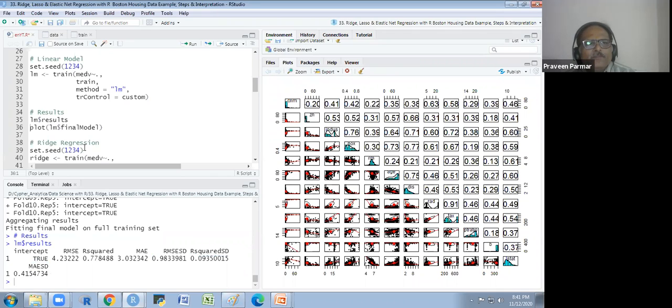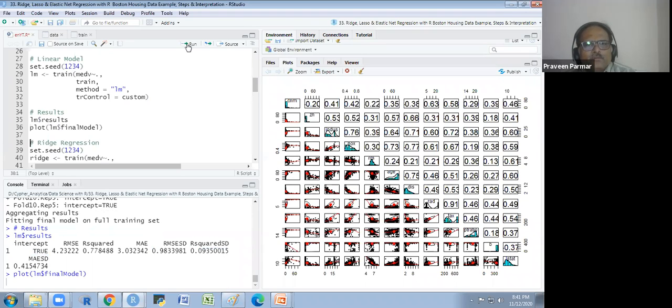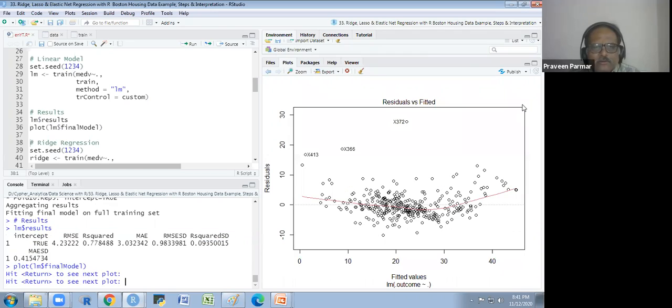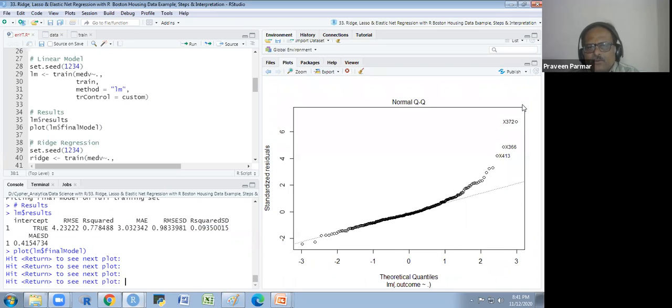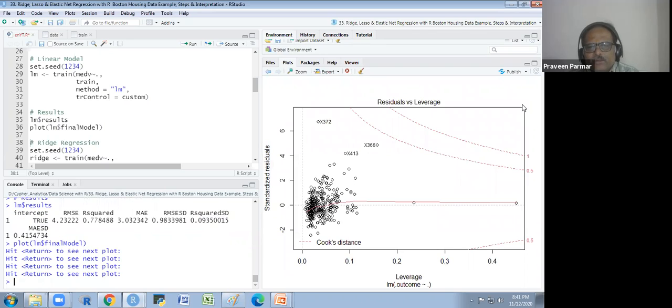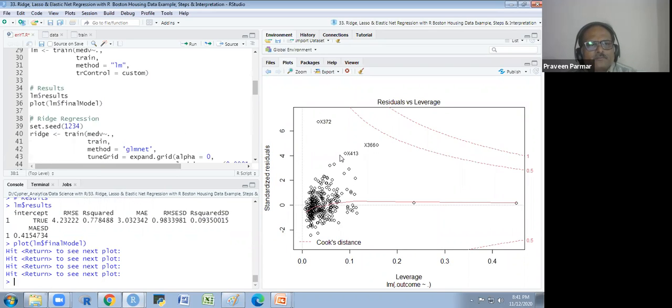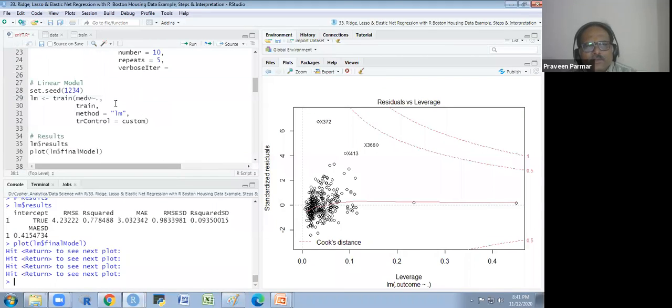So if I see the plot of this, these are the four plots we get in the regression. This is because I have not done work with the variables, so it may be like that. This is the QQ normal plot, and this is my scale, and these plots you already know, I explained to you earlier. Now this is the simple linear model I have developed.